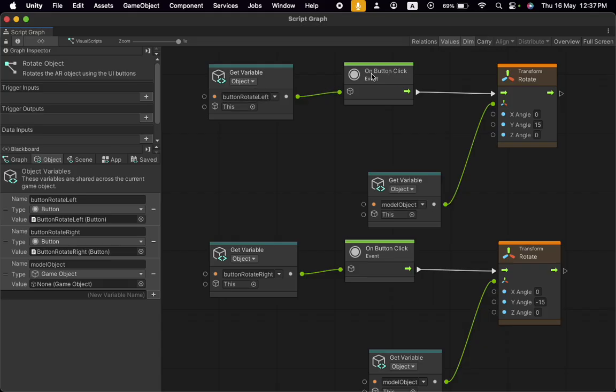So sorry, first on button click event, and then on clicking which button, drag this variable from this to this editor, and then connect these 2 nodes, and then create another node called transform rotate with y value 15. Okay, initially z value 15, and then drag this model object variable onto the graph editor and connect these nodes